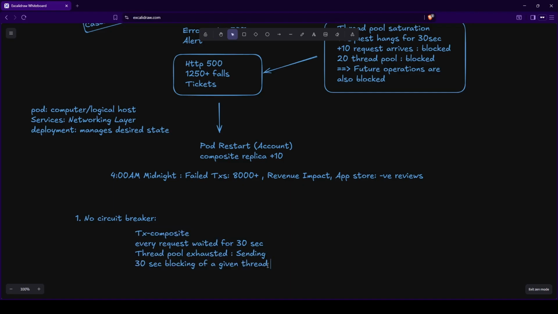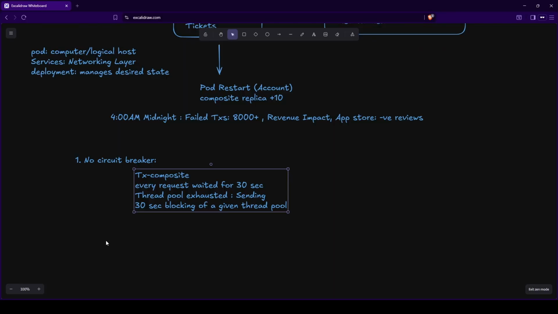So in a given thread pool, 30-second blocking was happening, so the requests kept on piling up. And this is something we will discuss further, called bulkhead, and how we can avoid this through our resiliency pattern. And here also, we do not have any intelligent